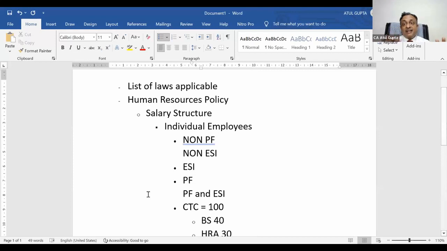So implementing payroll in Tally is just not going to be a job that you think you want to do today and tomorrow you will be able to do it. Absolutely not. Without keeping these records ready with you, you cannot do it. First. Second,